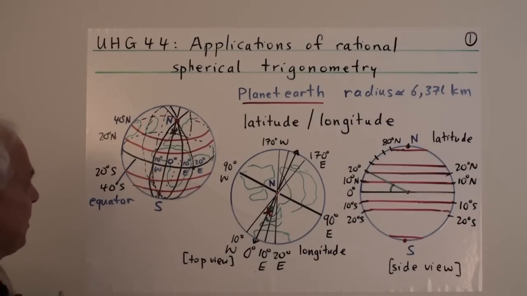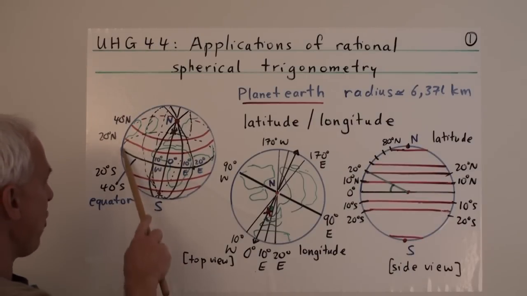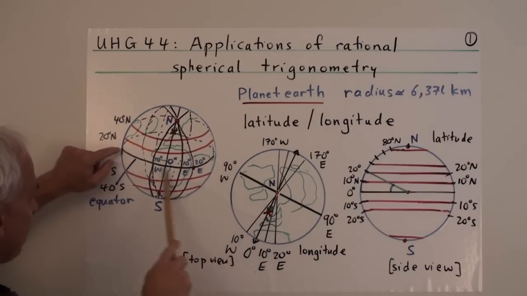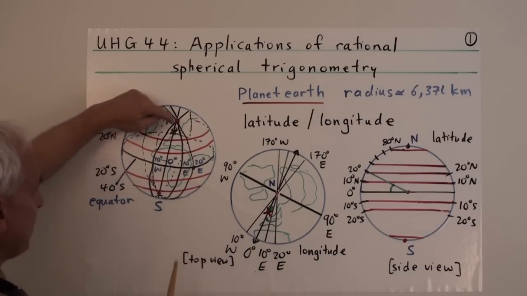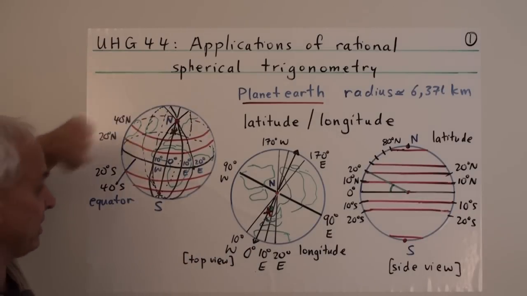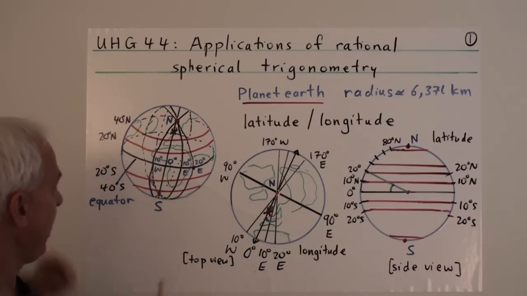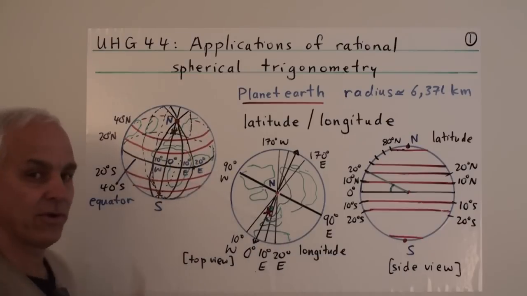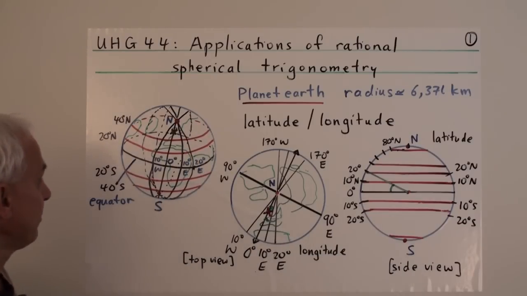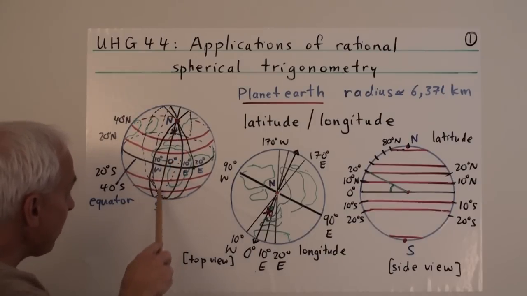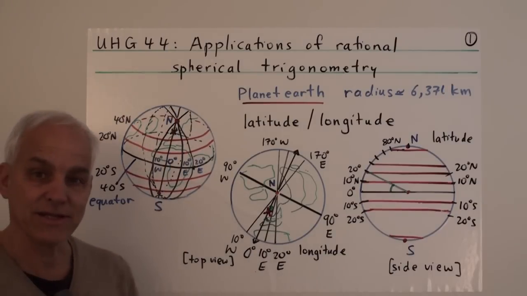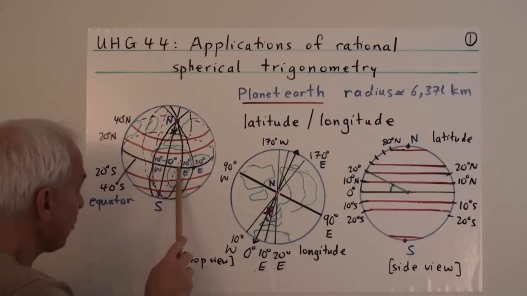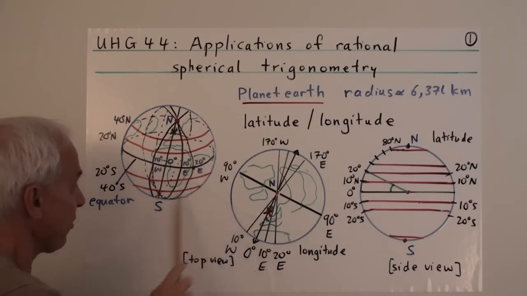Here is our sphere with the equator there. The sphere is tilted towards us, so the equator has this elliptic form, and the North Pole is visible up top there somewhere. Through the North Pole and the South Pole there are these great circles, lines of longitude. The line through Greenwich, England is the 0-degree line of longitude, and then every 10 degrees or so we can mark off another line.